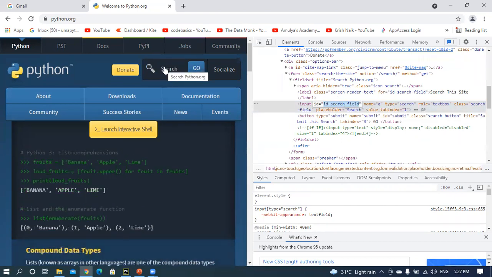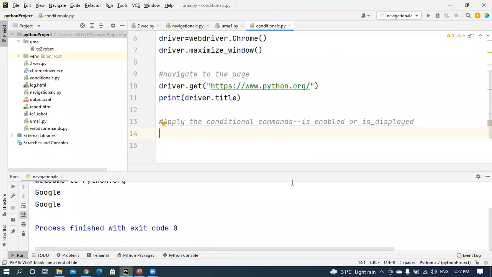After that, I can check whether the particular element is enabled or not, or displayed or not. Here, how can you identify the element? What are the ways for identifying the element? There is a method, driver dot find element by id.